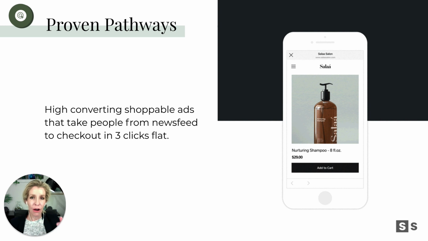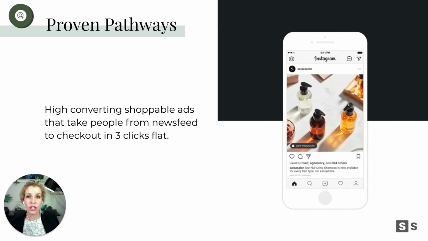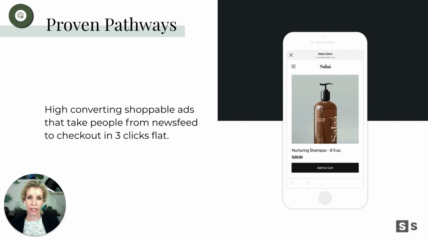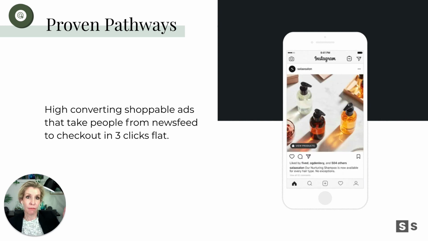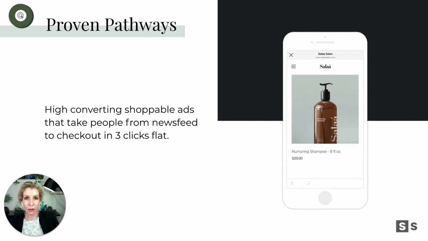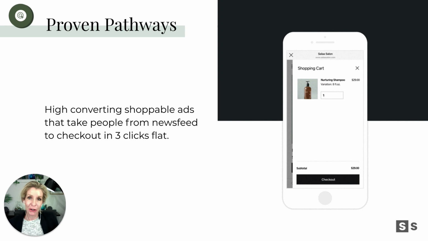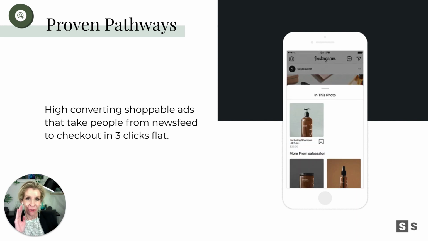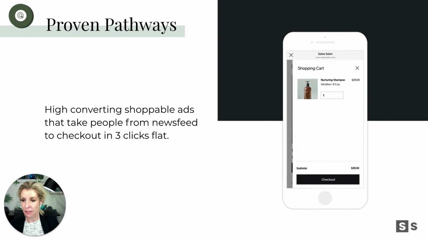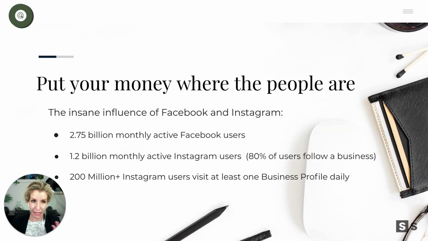So Facebook allows us to leverage and use this pathway system or the funnel system so smartly and move people to the finish line, which gets them hopefully reaching their goals because they happen to be looking for a new customizable shampoo. Awesome. And it reaches our goals because we met them, we engaged with them, and we got them to become a customer. So it makes a lot of sense, and Facebook Ads Manager allows us to do that so well, but most people don't bother. So we're going to put our money where the people are.